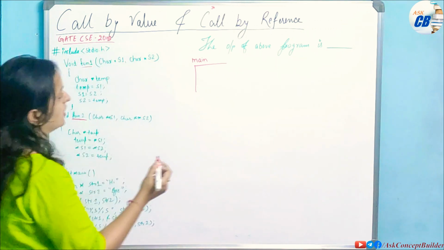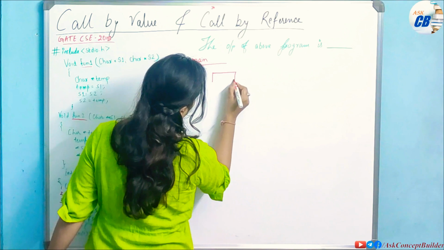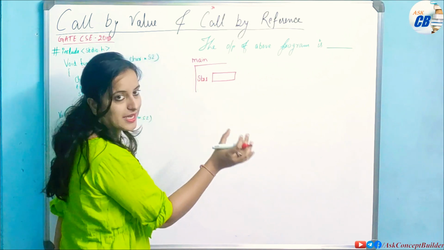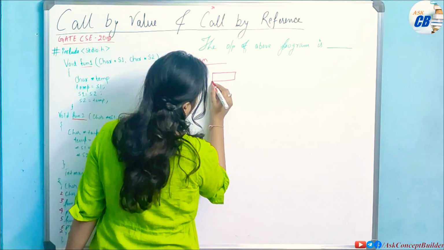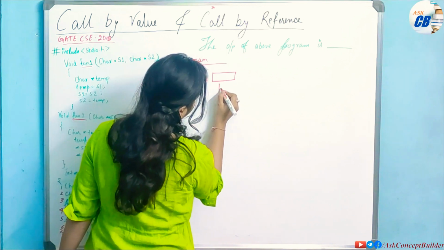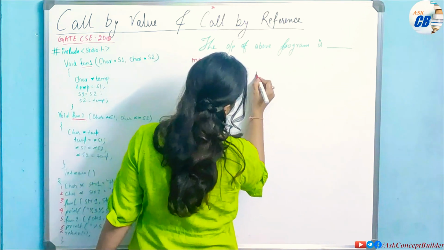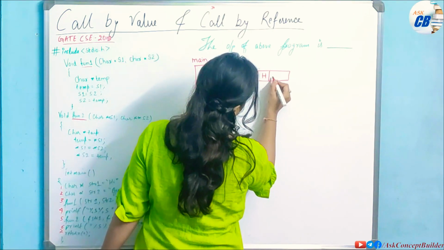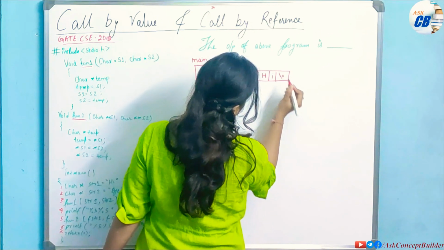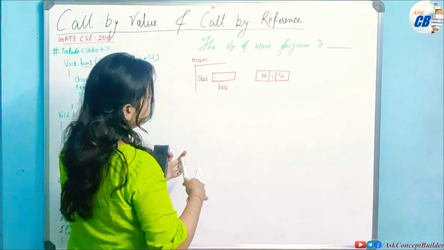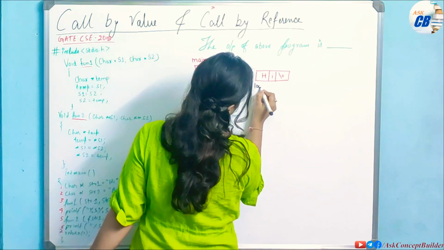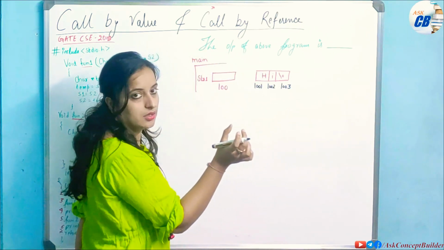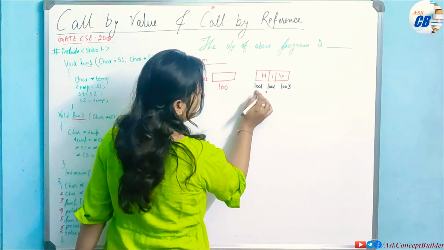Now see, str1 is a pointer variable. Let us suppose it is at address location 100. And now you have your string, that is "hi". This is h, and in this form it will be stored in your memory. Let us suppose any addresses: this is 1001, this is 1002, and this is 1003. Because this is a character array, each character takes one byte.